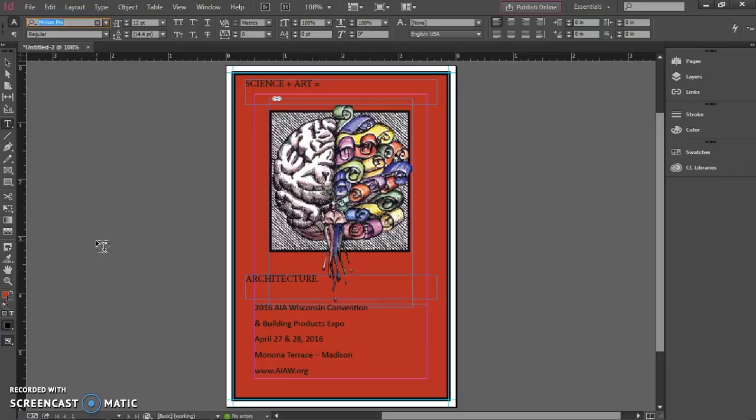Welcome back to our third and final video of the basic InDesign tutorial. In this video we're going to look at adjusting our font and copy to match our hoped for output. Let's get started. The first thing we want to do is be sure that